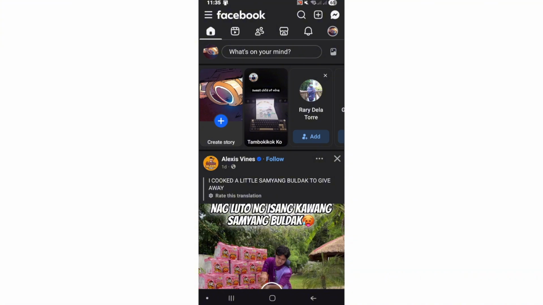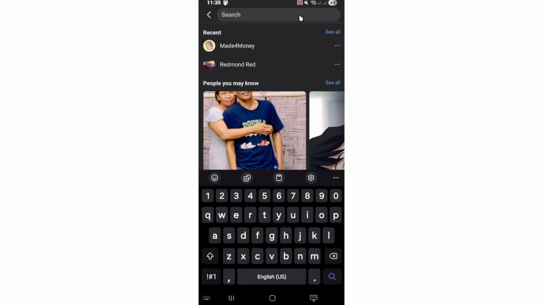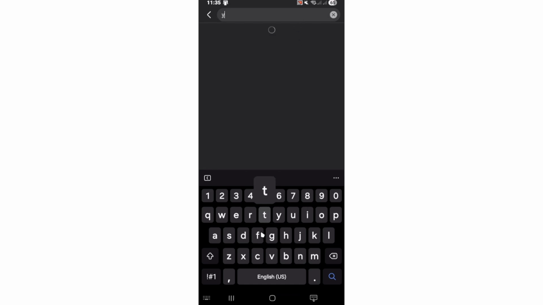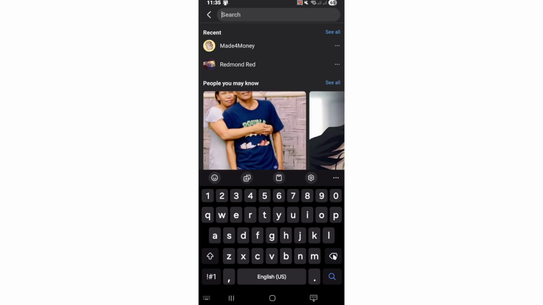Now, first up, go ahead and tap on the search bar. Now, an overloaded or corrupted search history can freeze the typing input box right here or cause searches to load infinitely. So to go ahead and fix this, again, just tap on the search bar,